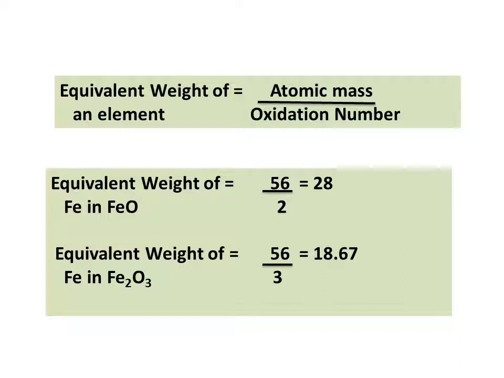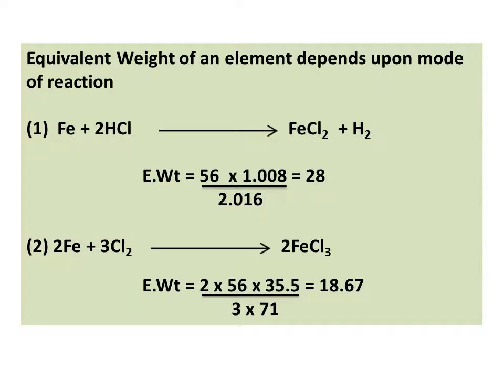Let us look at that. The equivalent weight of an element also depends upon the mode of reaction, how a reaction is going on. So let us talk about the equivalent weight of iron. Iron shows these two kinds of reactions. In the first reaction it reacts with HCl. It forms FeCl2. Here in this case it liberates one molecule of hydrogen. So the equivalent weight we can calculate is 56, the atomic weight of